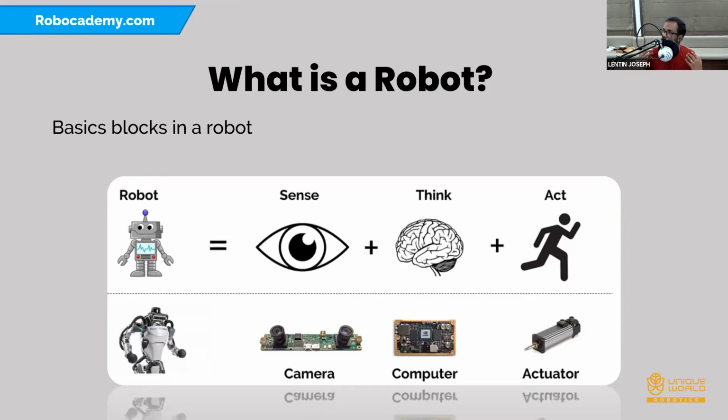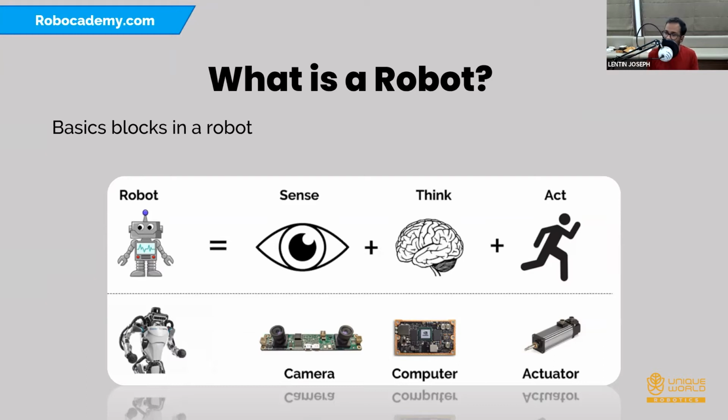Then, instead of our brain, robots have computers. There are many computers: our laptop is a computer, a PC, then Raspberry Pi. If you have heard about the Raspberry Pi, it's a computer. Then the Arduino platform is a microcontroller. It's actually a mini microcomputer.